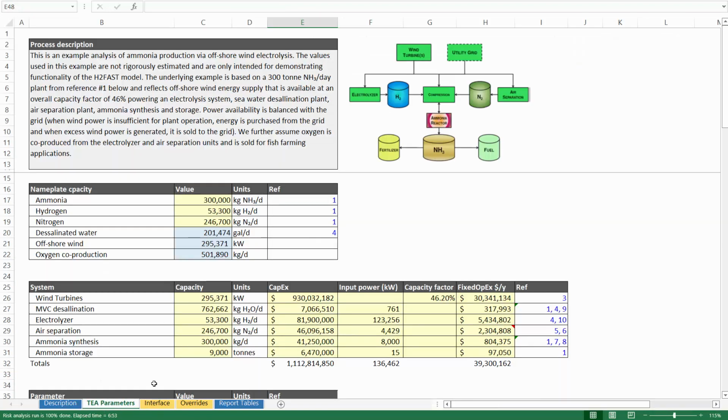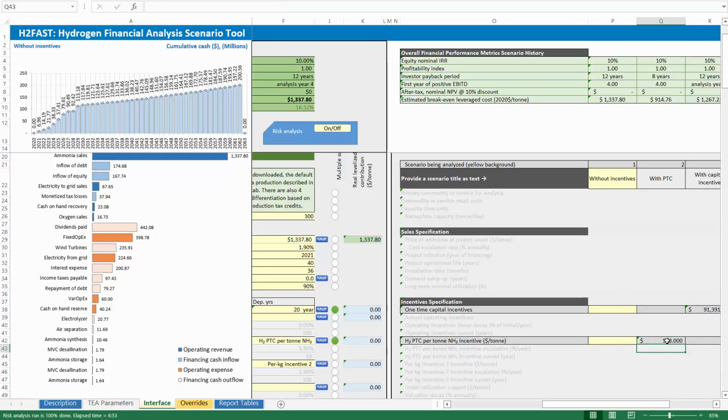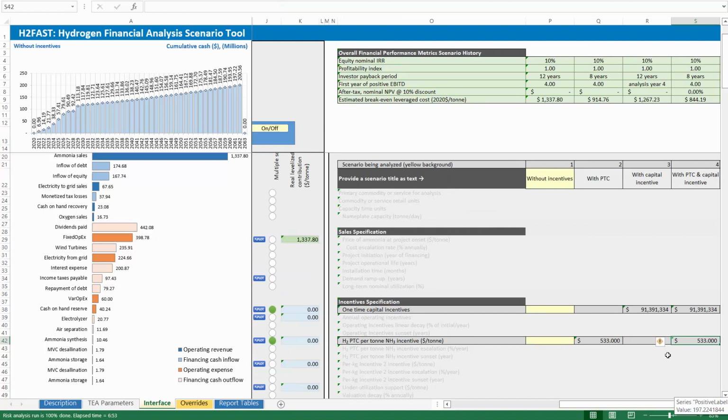So in order to do this, we compute the amount of hydrogen that needs to be produced to produce 1 ton of ammonia. In order to produce a ton of ammonia, we have to produce 178 kilograms of hydrogen. And if each of those 178 kilograms was incentivized with a tax credit of $3, then your total incentive revenue per ton of ammonia produced is 178 times 3, or each ton would yield a tax credit of $533. So when we compute the production tax credit on a per ton of ammonia basis, it's $533 per ton of